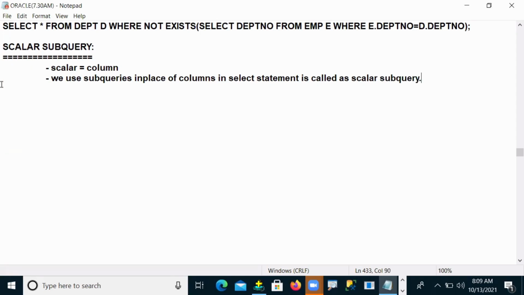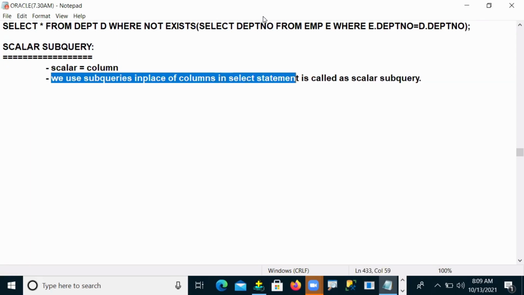So what does it mean? We use subqueries in place of columns in the select statement. For example, observe.